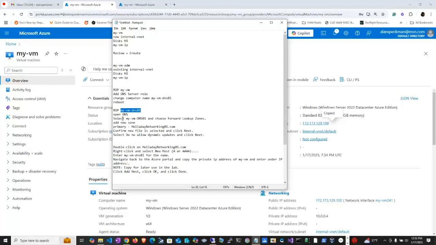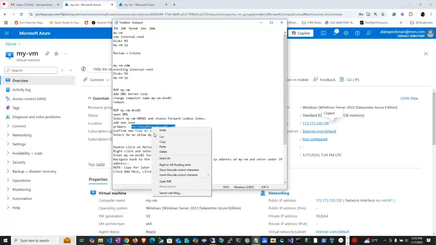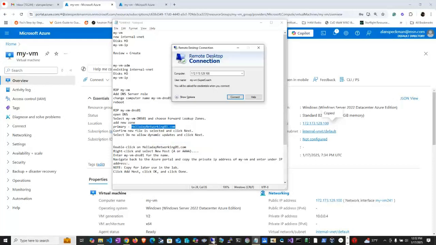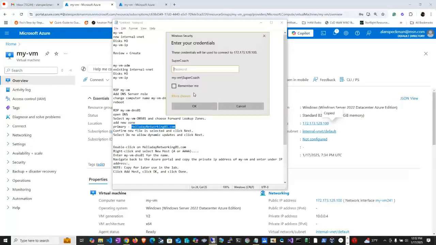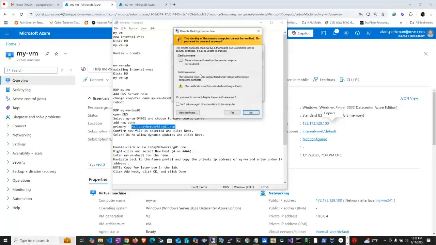And then we're going to RDP back into it, open DNS, and then we're going to add this DNS zone. So this should be the same. And I remembered my username. And now